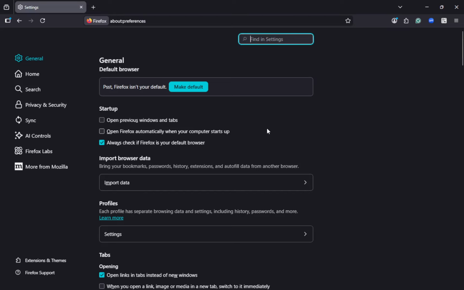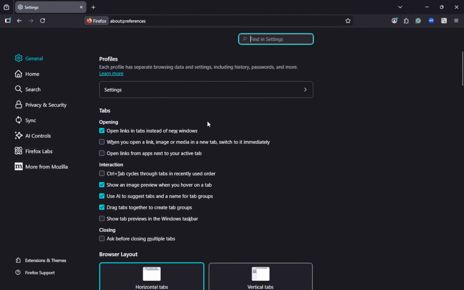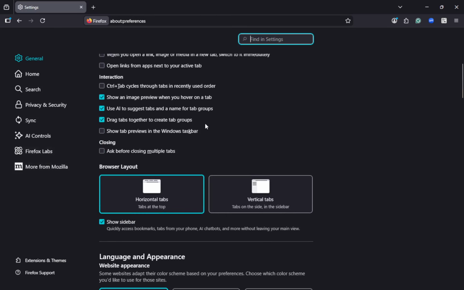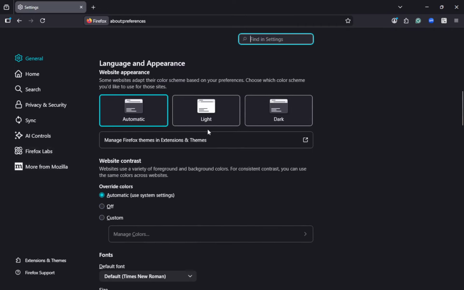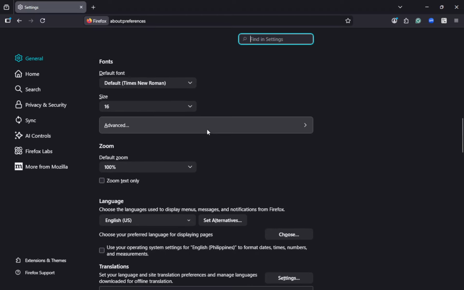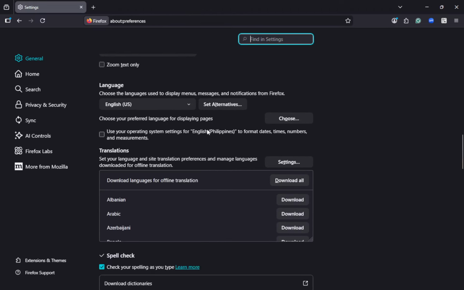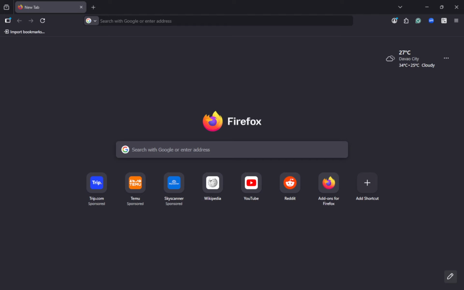Under the Wallpapers section, you'll see a variety of available options. You can either select one of these built-in wallpapers or click on the option that says Upload an image to use your own picture if that feature is available in your version of Firefox. This choice is significant because it allows you to make your new tab page truly your own. If you decide to upload an image, make sure it is saved on your device for easy access.